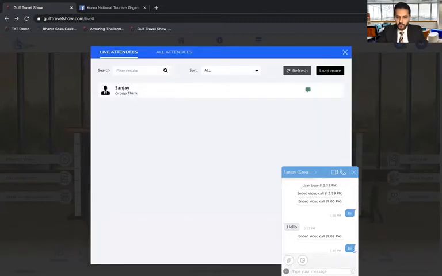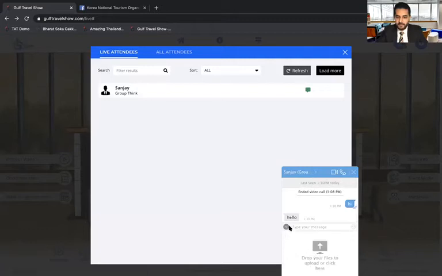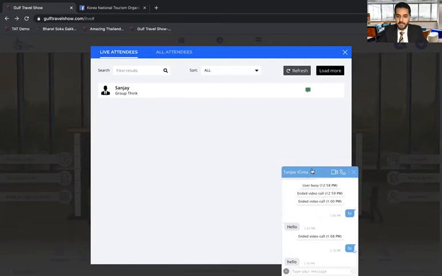Before that, I want to show you that with this small arrow, I can attach files from my system, as well as I can send stickers to whoever I'm having the dialogue with. With that, there is a small arrow on the right hand side of the person's name as well, wherein I can save all my conversation on my laptop, my device, and this dialogue can be saved for future references. So now with that, I would give a video call to Sanjay and see if the audio video is working fine.